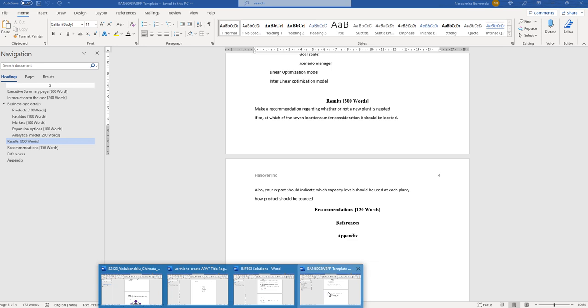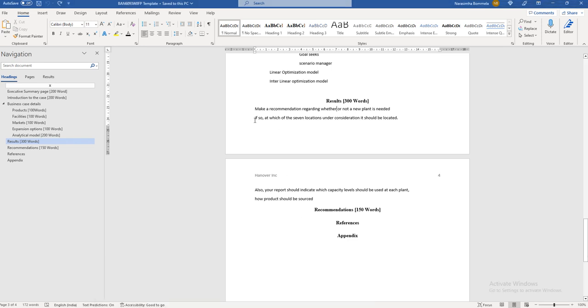So let us check with the next question. At which of the 7 locations under consideration should it be located? And what capacity levels they are supposed to operate at, that is also to be included. And how products should be sourced, that should also be explained. So these 3 questions are remaining. Let us see the